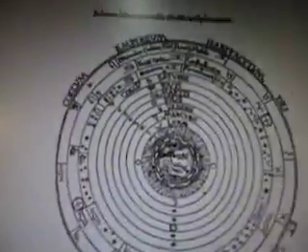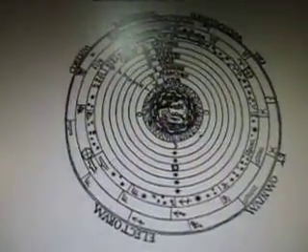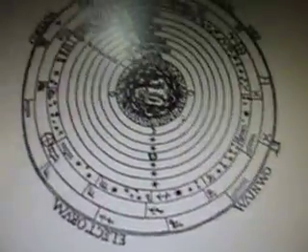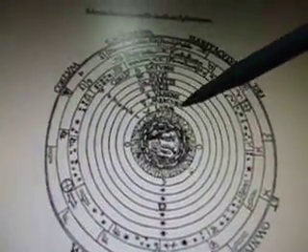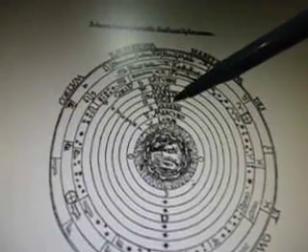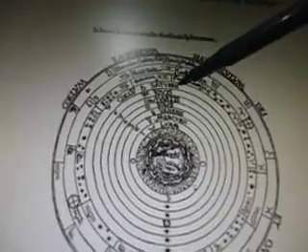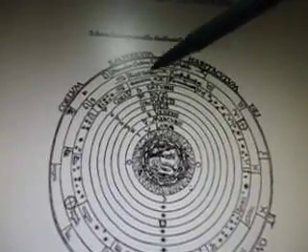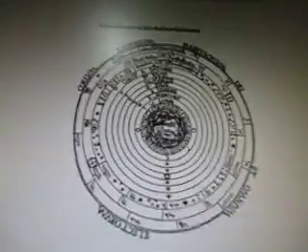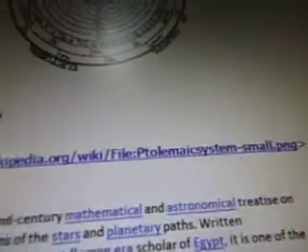Ptolemaic system? Can't really see it, but it looks like Luna, which is the moon, Mercury, Venus, Solus, I don't know if that's the sun, Mars, Saturn, and then this is an old star chart, I guess. It's in Latin. It's Ptolemaic